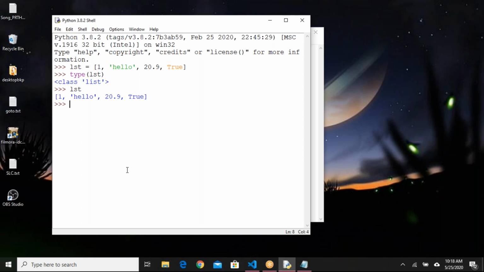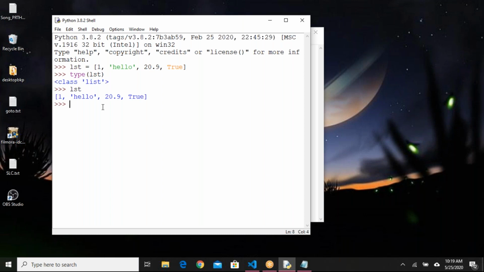Okay, you can understand it this way. The index of the first element in the list is 0. The second element's index is 1. The third element's index is 2. The final element's index is 3. That way we can access each element in the list.